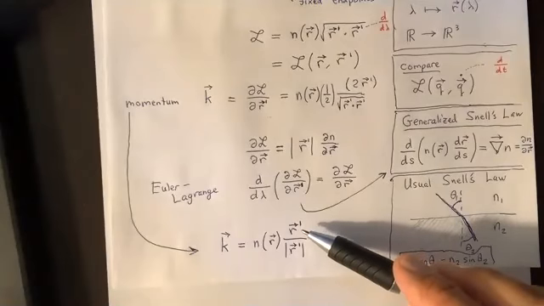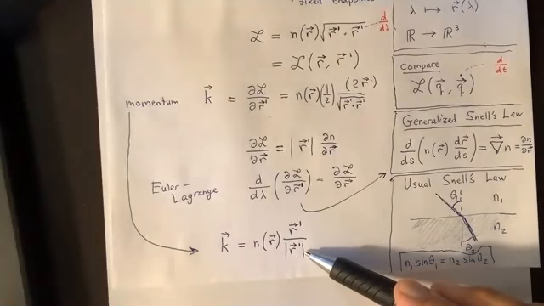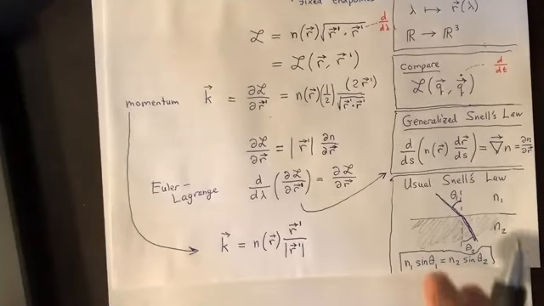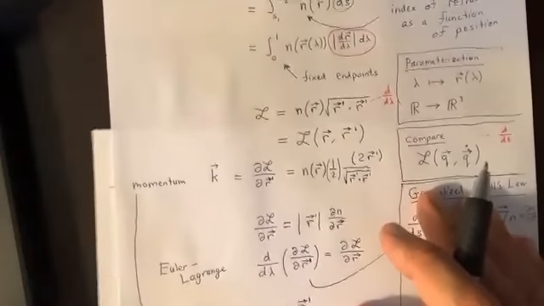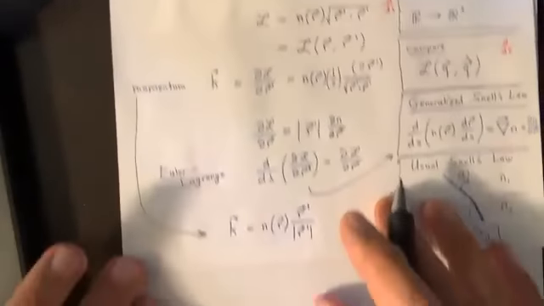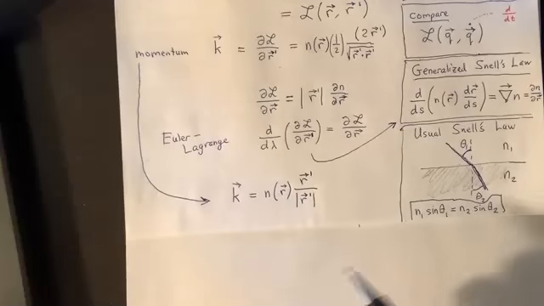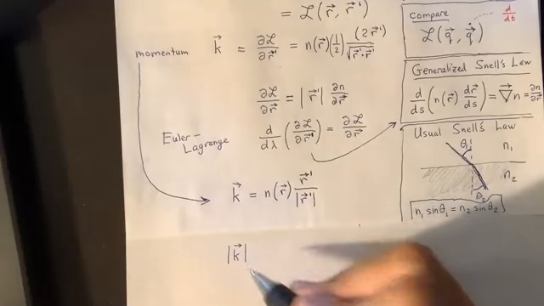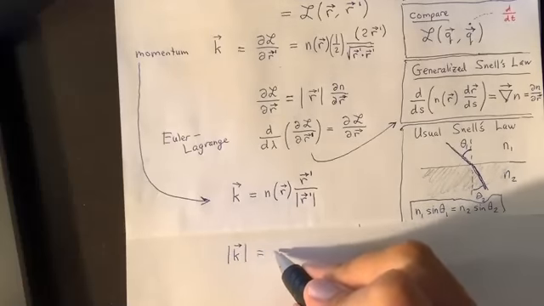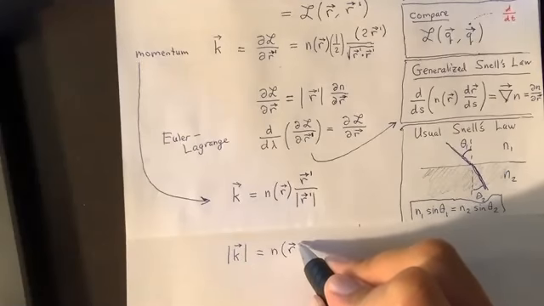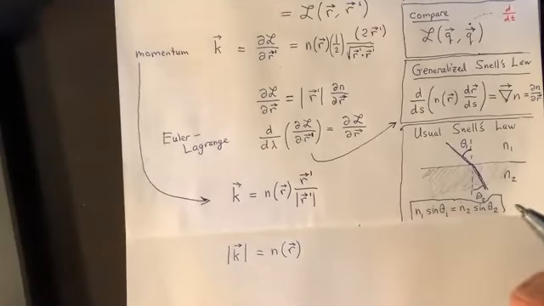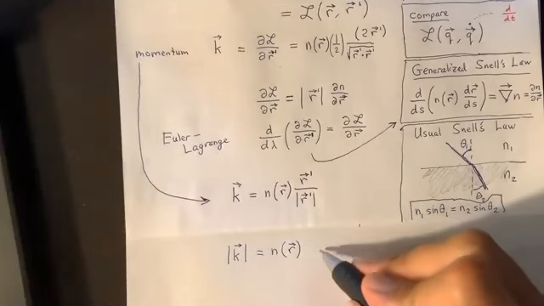By its very nature, this construction throws away some information. We have the velocity vector divided by its magnitude. You compute the K vector, but you cannot invert this. So another way to say it is, let's compute the magnitude of both sides. The magnitude of the momentum is equal to n of r, because this quotient is a unit vector, so the magnitude of that is 1, it's unity. And it is independent